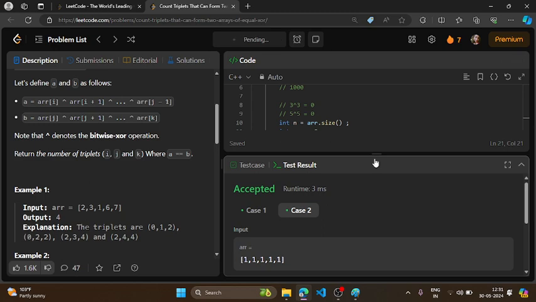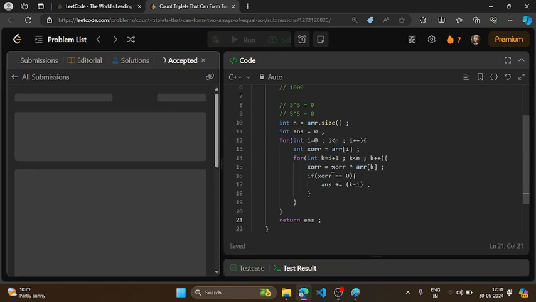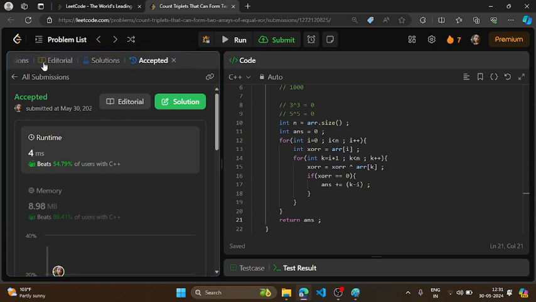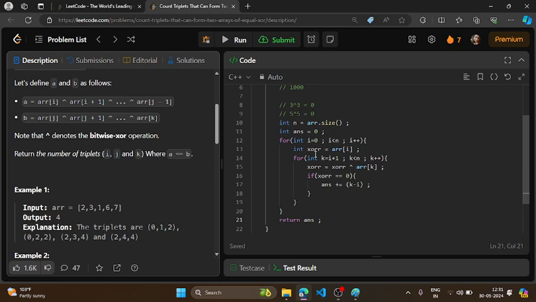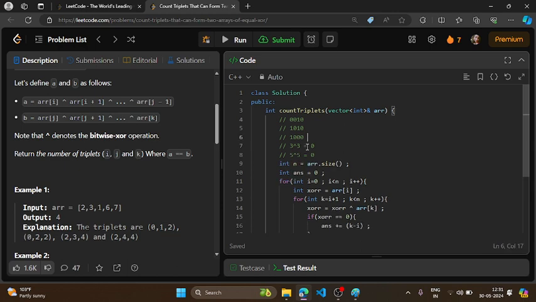So yeah, it's working fine. Okay, so basically the main concept behind this question was only that if you want two subarrays whose XOR should be equal, then instead of finding two subarrays you can find one subarray, or maybe the combination of these two subarrays, such that the XOR of that particular subarray is 0. Then from that subarray you can find the two subarrays whose XOR will be the same, right? Because the XOR of the same elements is 0. So this was the main concept behind the question.